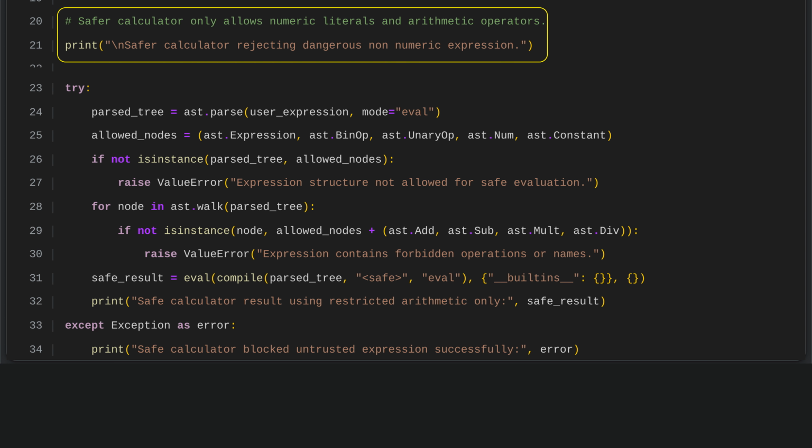This safer calculator is designed to accept only numeric values and basic arithmetic operators, which helps prevent the execution of harmful code. It clearly informs the user that any non-numeric or dangerous expression will be rejected. By limiting input to simple arithmetic, it ensures that only safe operations are processed, and untrusted input cannot be used